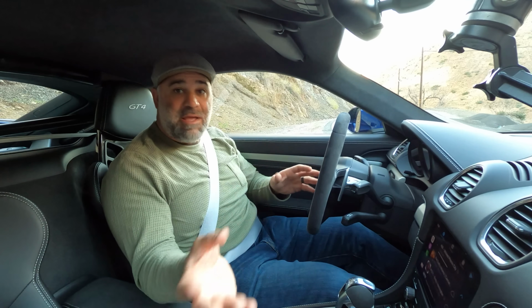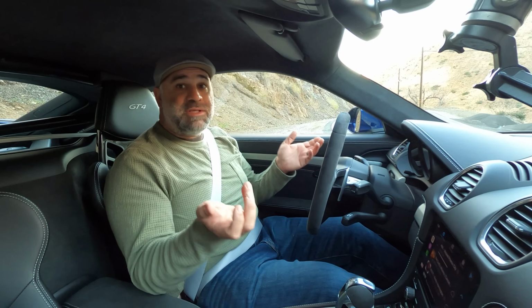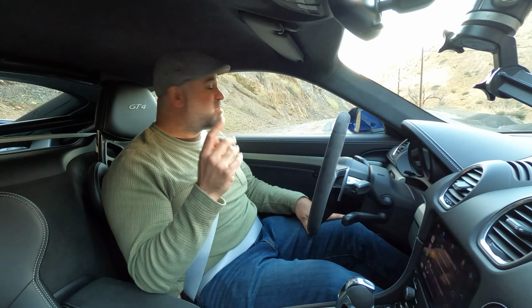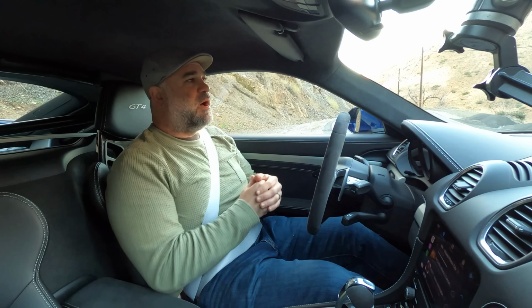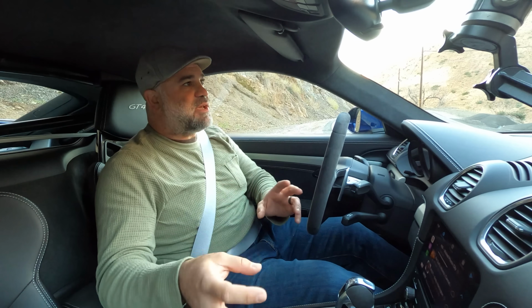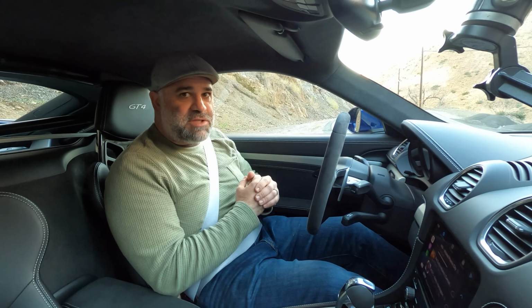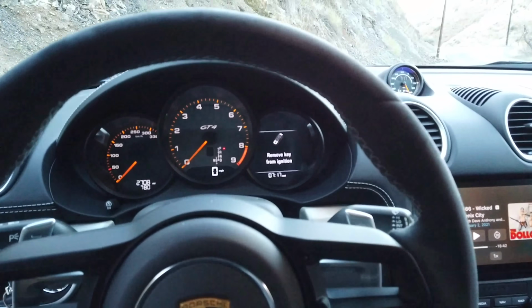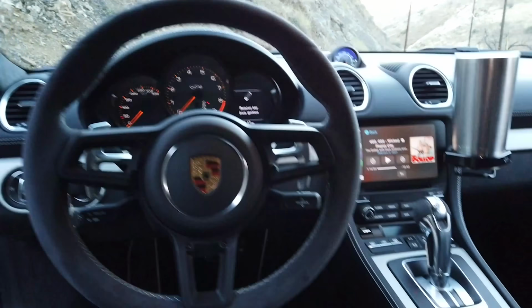But it prompted a lot of questions, and I got a lot of emails from folks going, the 7-speed PDK Cayman GT4, which I'm driving today, is coming out next year, meaning now. Will the 7 speeds and the fact that it's PDK make it a better car than the stick car with the imperfect ratios? And to which I responded, and I believe some people thought possibly condescendingly, that if you want to drive stick, you should buy the stick one, and if you want to drive automatic, you should drive the